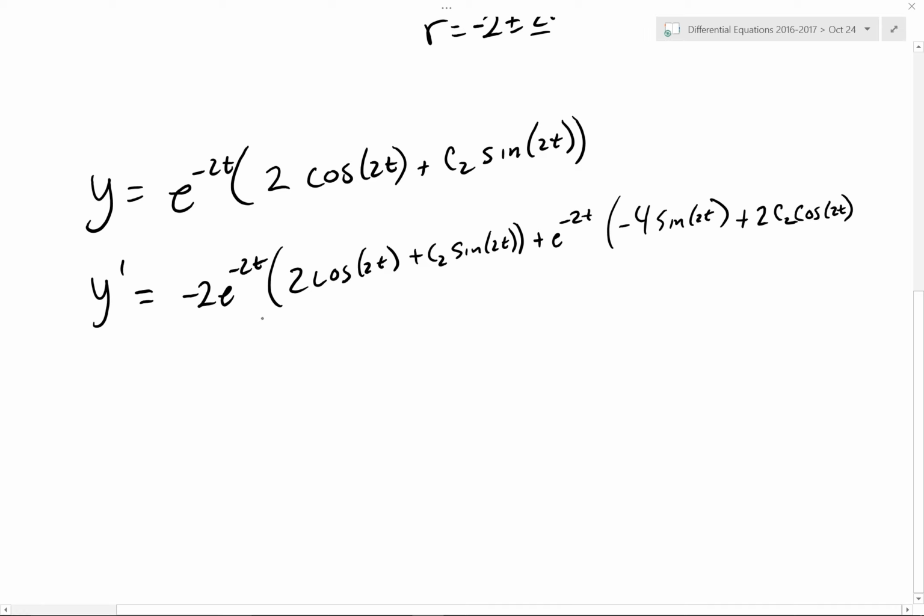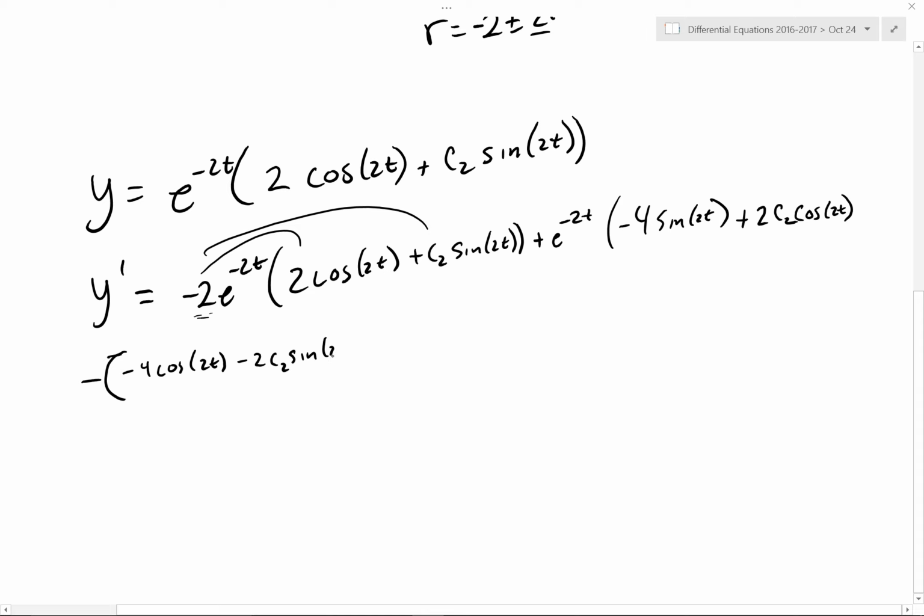So, I want to have the negative of this, the negative of y prime. So, negative y prime is going to be 2, and then it's going to be positive 2. So, 2 times 2 is 4. Well, I'm going to do it this way. I'm going to leave the negative out front. So if we distribute this out, it's going to be negative 4 cosine 2t, and then minus 2c2